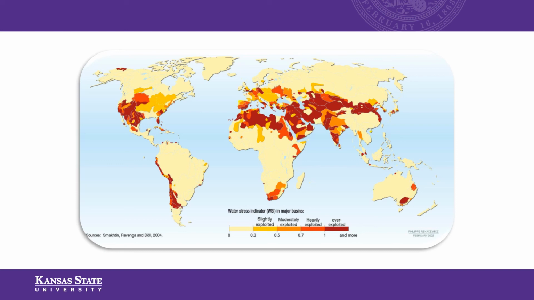Experts predict that regions classified as being under stress will increase in coming decades, with the leading cause being that we are continuing to increase our global population. The more people you have on your planet, the more people you have to feed, the more food you have to grow, and the more water you have to extract. So it gets back to what we were talking about several modules ago related to population, full circle here.